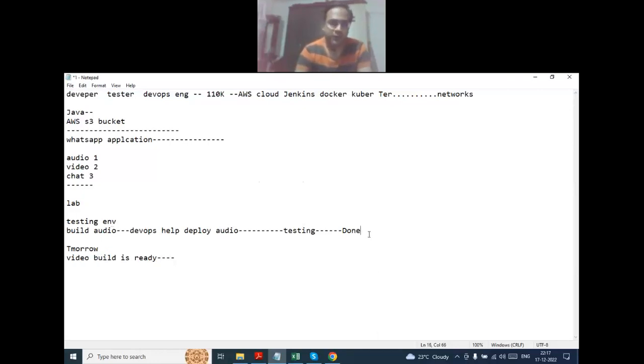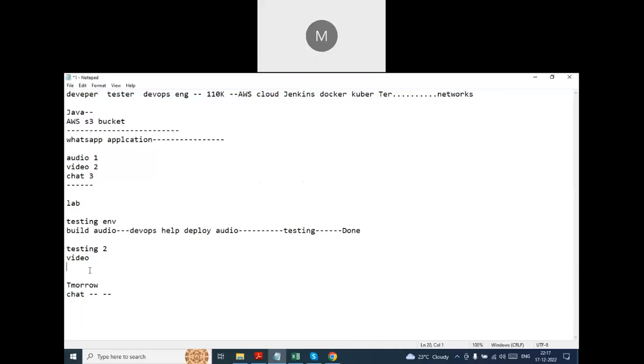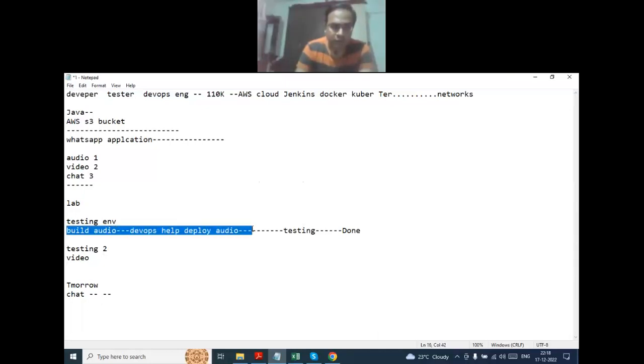Suppose you have another environment, just to take an example, testing 2, hypothetical. The video-related build is installed here. Okay, no problem. But tomorrow you will receive chat-related stuff. What will you do now, Mustafa? Will you create a third environment? I guess we will depend on the DevOps people to provide that environment. Exactly. So once your audio-related build is done, if tomorrow you receive chat-related stuff, like Tahir was saying,